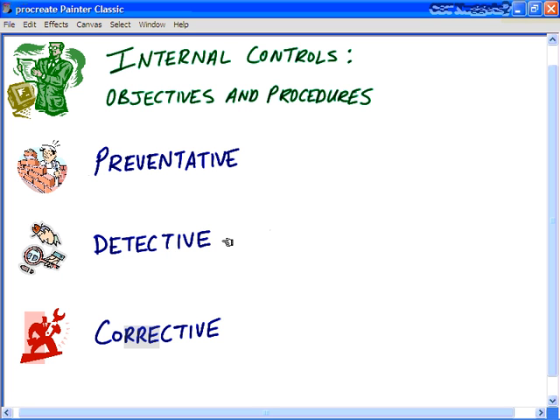The third category is the corrective control. And this is basically what we do to minimize the impact of an incident or a threat that's already occurred. We're trying to fix it after the fact. We're trying to remedy the problem that was discovered typically by some type of detective control. For example, we've got an intrusion detection service that detects a vulnerability. We've already got an issue or a problem on some particular host, and we're going to quarantine that host and